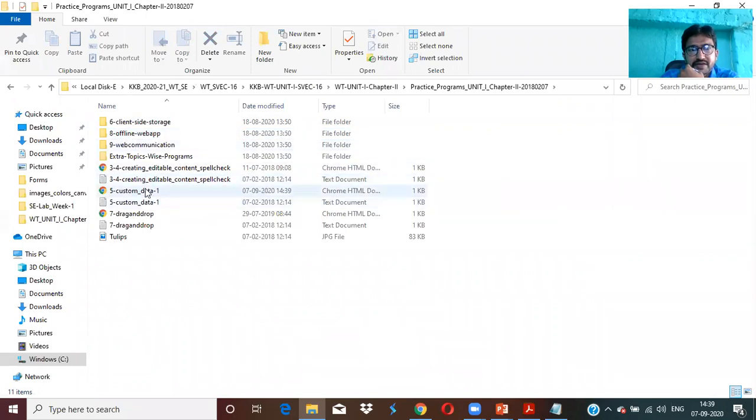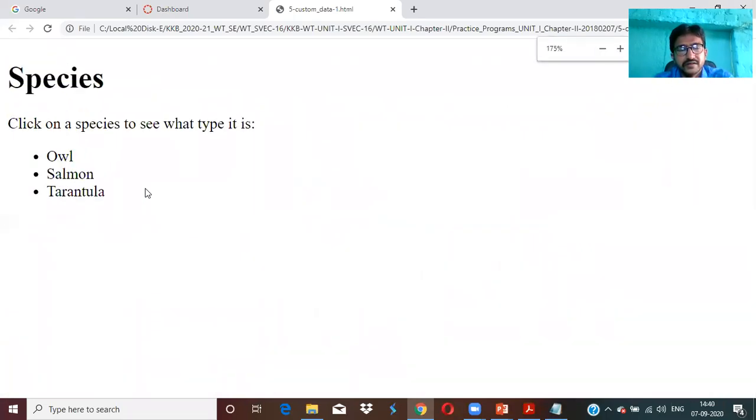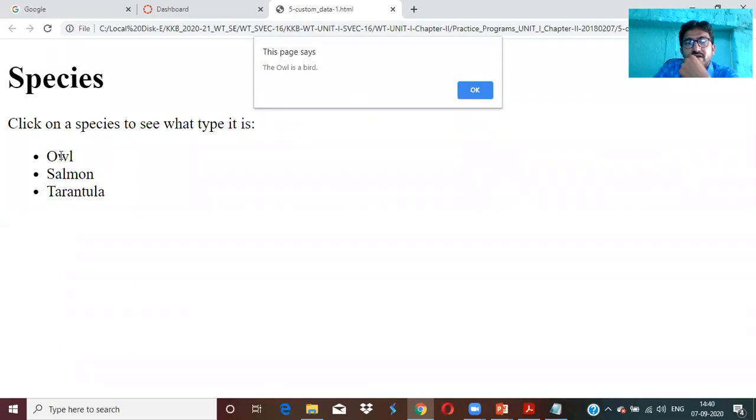So we have custom data one. This is the page. Now click on species. Click on a species to see what type of it is. If I click on Vowel, what is it showing? A dialog box. The Vowel is a bird. This is a data attribute, a custom data attribute. Custom data attributes we can define.